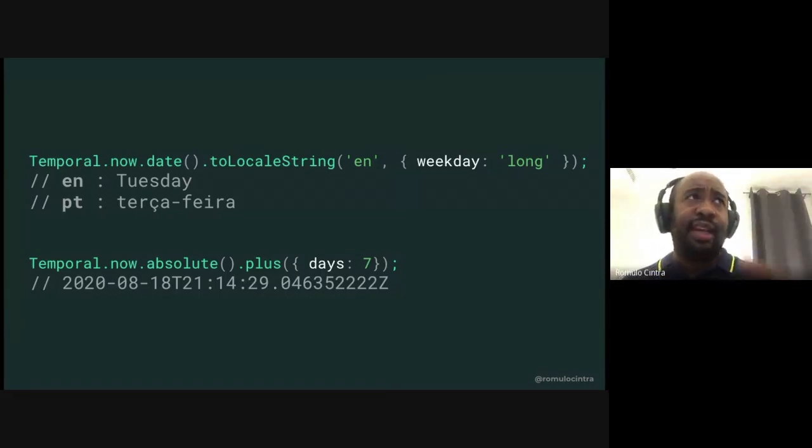And here, Temporal can give you back the day of the week, can give you back lots of different things. Also, plus and minus will now be add and subtract. They just listened to me, and they are adding add and subtract instead of plus and minus, because most libraries use these terms. But this is a completely new API, already available as a polyfill that you can install in your application and start using and giving feedback,